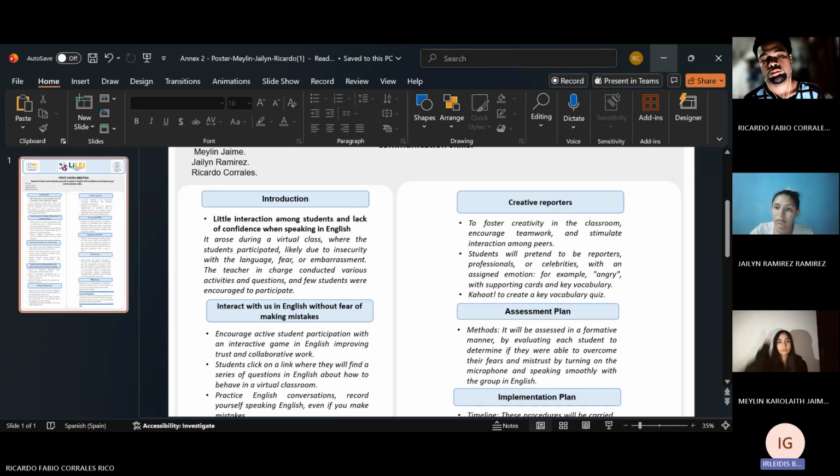The tool makes the activity more interactive and prepares students to participate with more confidence. In general, this activity promotes creativity and meaningful communication, which are essential for language learning.